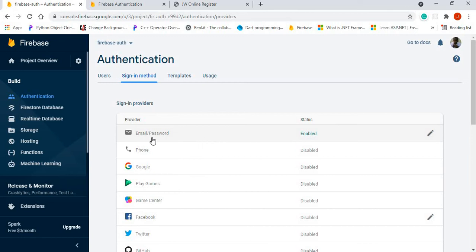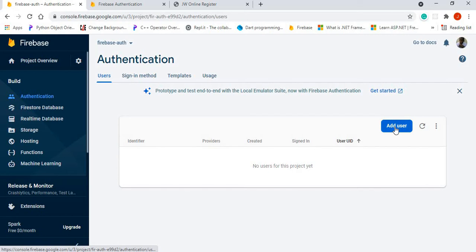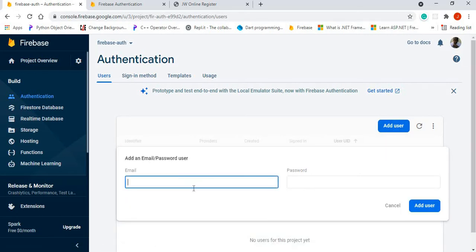So as you can see, email and password authentication has been enabled. Alright, now there's a tab here that says users. Just click on that tab and you can manually add a user. So we'll do this now just to get started. So I'm going to call this user John